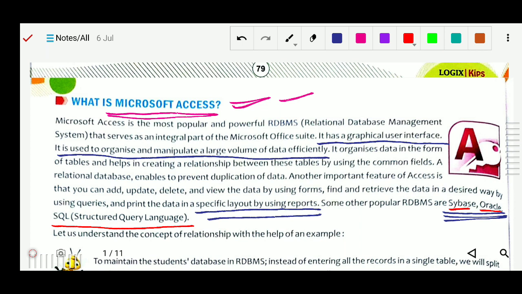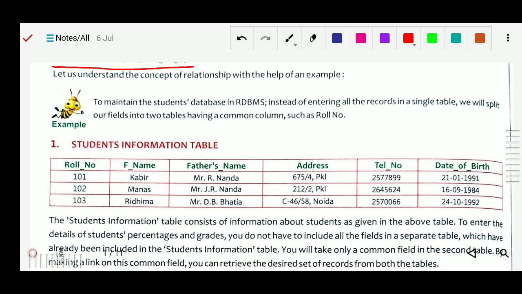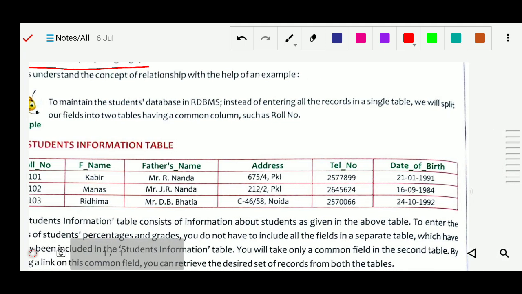Next, we will study the relation between tables. Let us understand the concept of relationship with the help of an example. To maintain a students database in an RDBMS, instead of entering all records in a single table, we will split our fields into two tables having a common column such as roll number. Relational means it will relate with something.